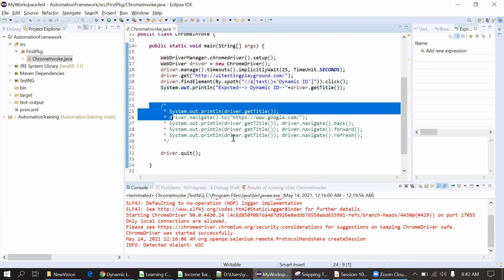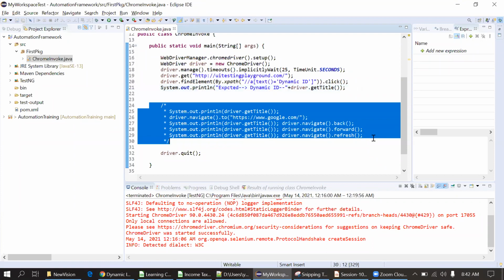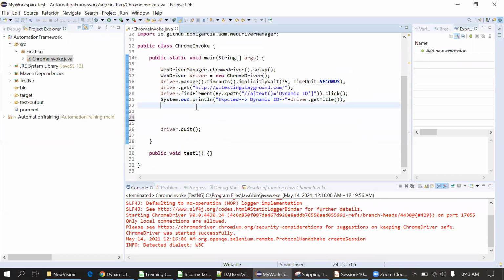Okay, this is the first scenario. I'm deleting this part. Now I have to go for the second one.